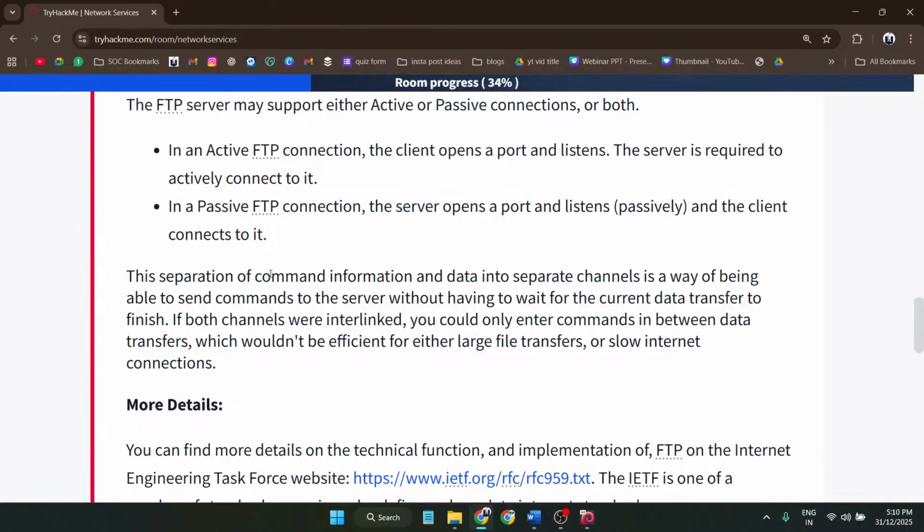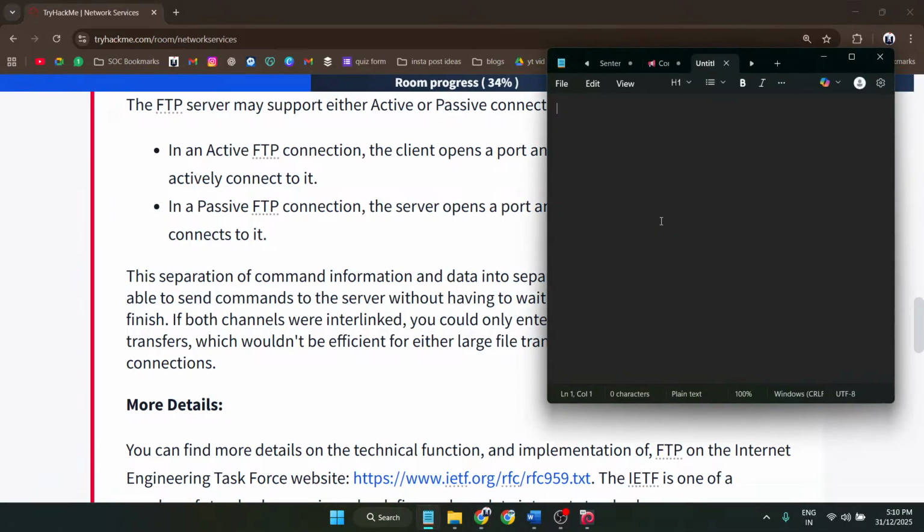This separation of command information, one channel handling only the commands, and data into a separate channel, is a way of being able to send commands to the server without having to wait for the current data to transfer first. Okay, like for example, if there is only a single channel, for example,